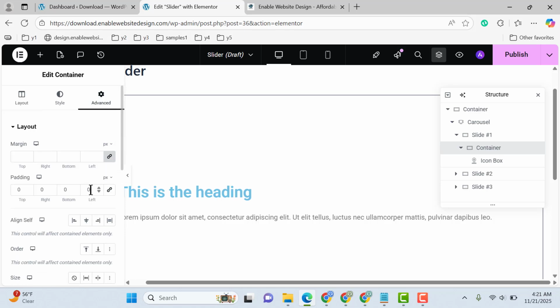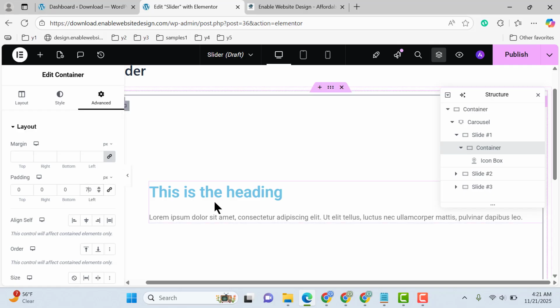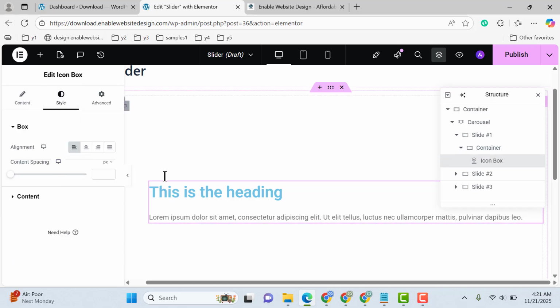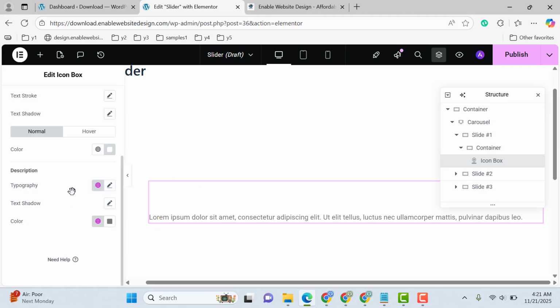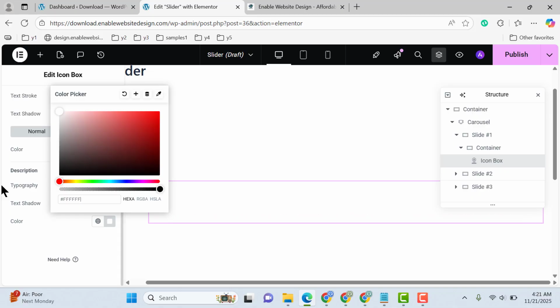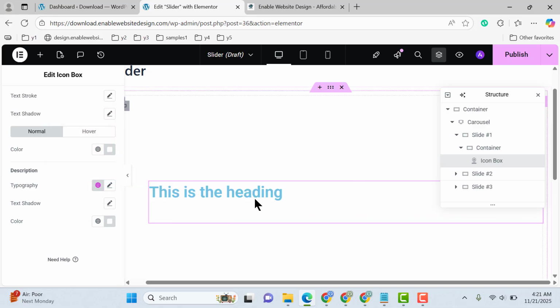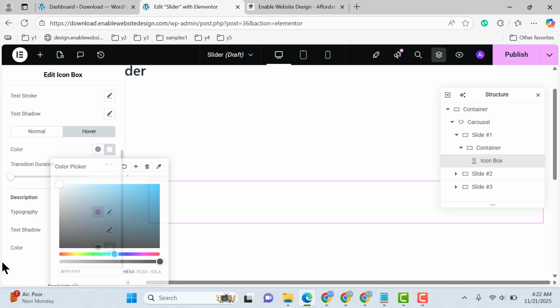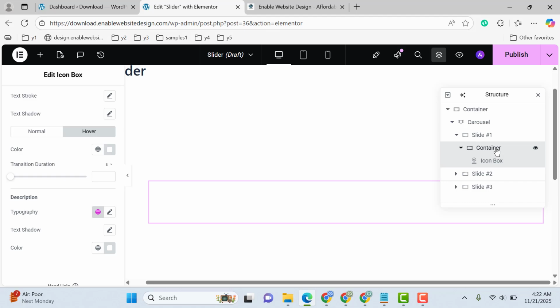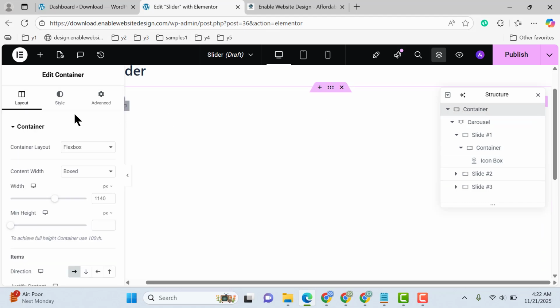After that, here now I want to add some spacing so that it should be some to the right position. And now I want to change the text color, white. Description color should also be white. So this one is the hover color. Okay, that looks fine. And now here I can go, then select full width,